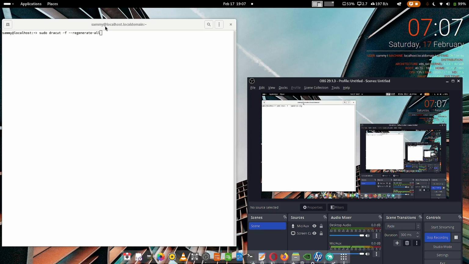I have told you there are two methods, Dracut or mkinitcpio. In OpenSUSE we are using Dracut. The command is sudo dracut -f --regenerate-all. When you give the command regenerate-all, it will generate the boot image for all the kernels that are installed by the user in the system. I have installed two kernels, and you will see how the boot images of both kernels are updated. You just have to give your sudo password, and it will start the regeneration.